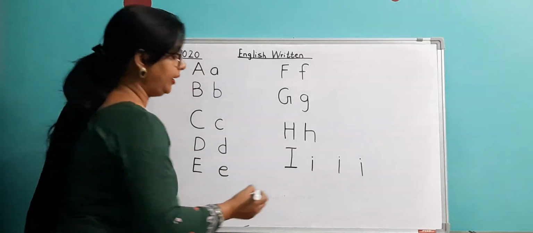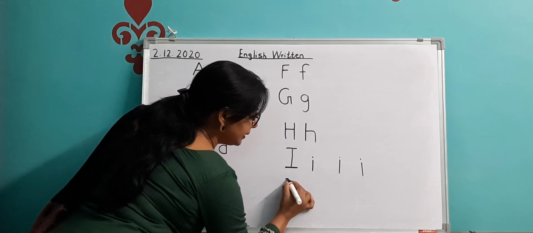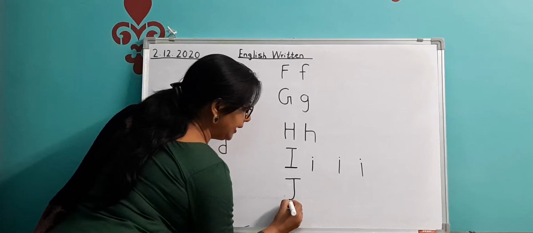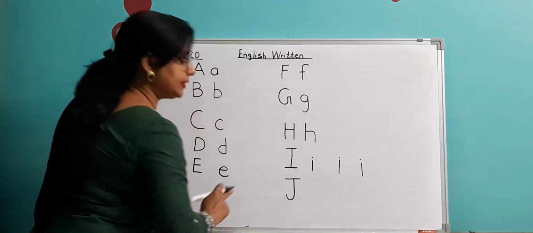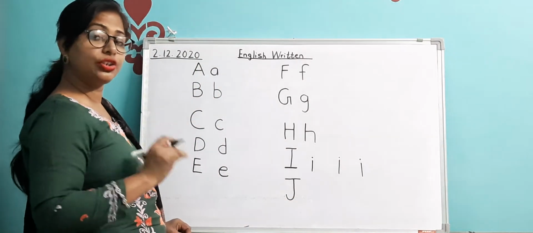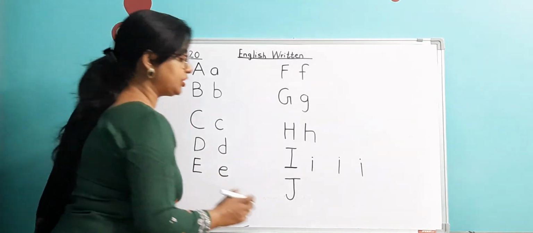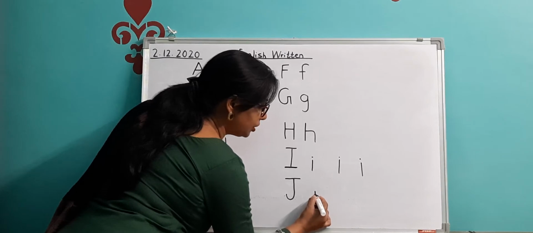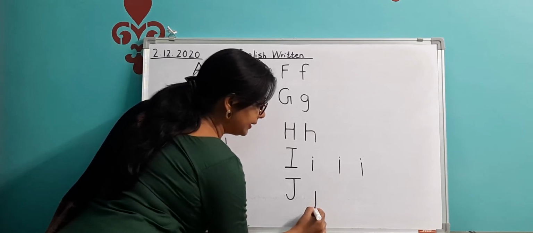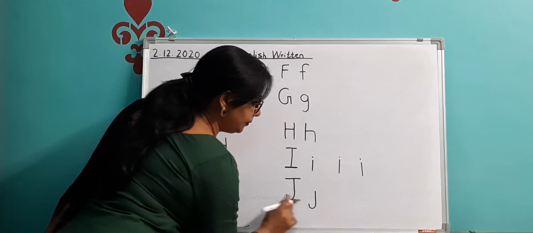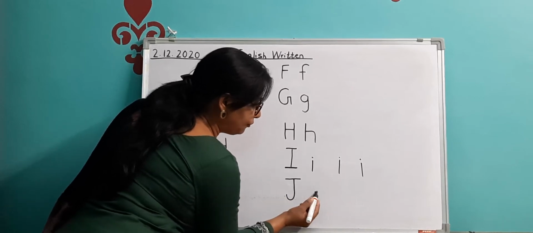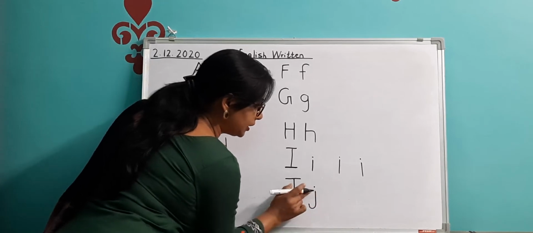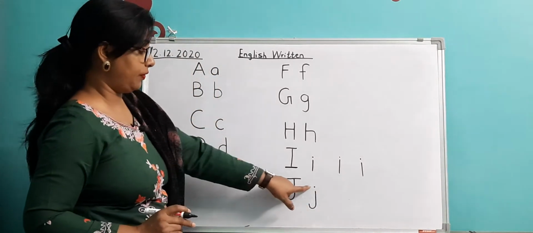How to write J? J you write like this. Sleeping line. Okay. This is capital J. Standing line and you make a curve like this. Now how do you write small j? Just watch carefully. You just make a standing line like this and a curve like this you draw. Now you don't have to put a sleeping line over here. You just have to put, like i, a dot over here.